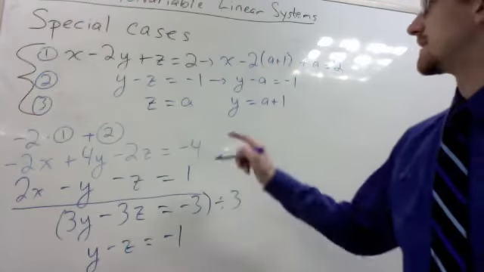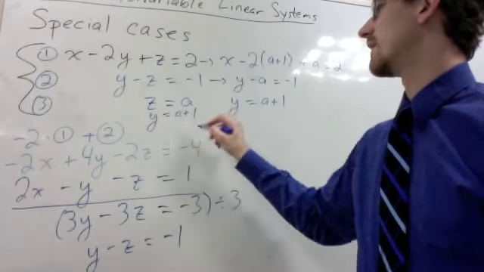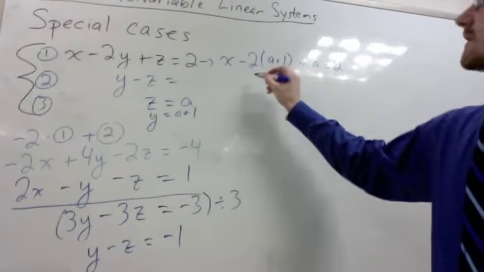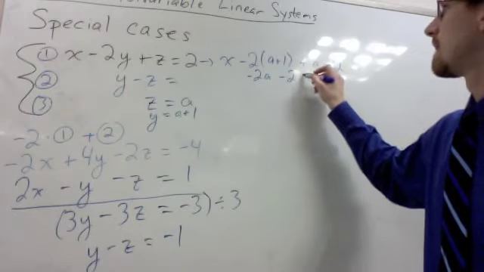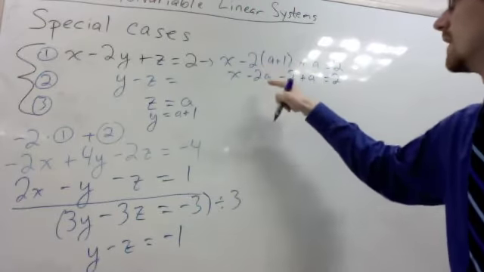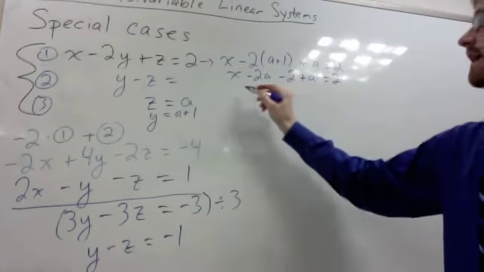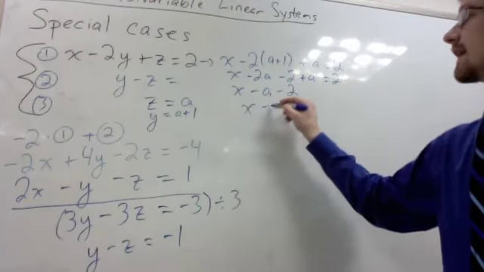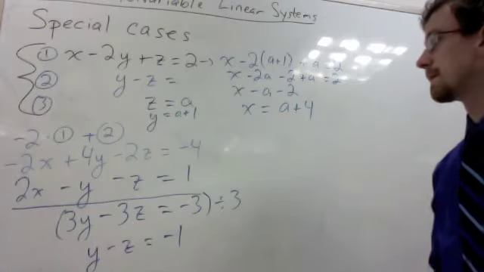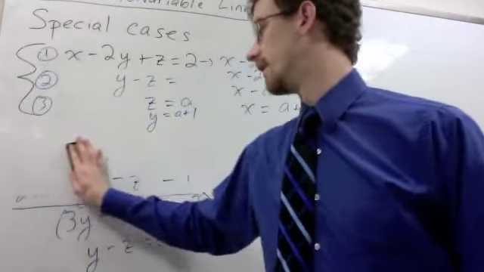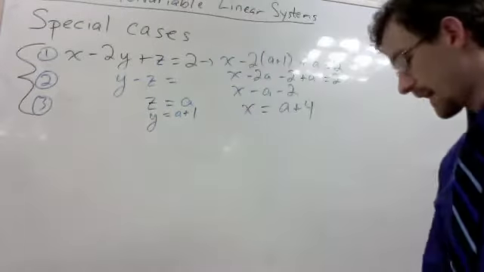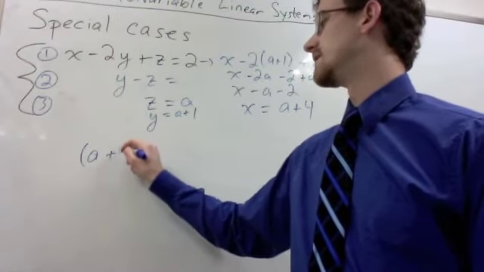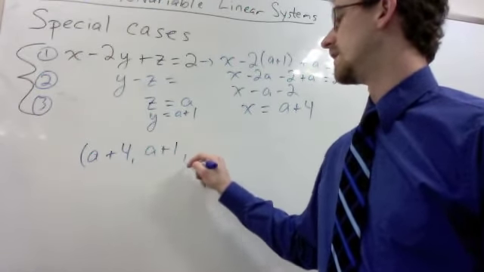We need to clear out a little bit of space here. I'm just going to copy this over here so I can have some space to work. And distributing our negative 2, it's x minus 2a minus 2. Negative 2a plus a is, of course, negative a. And then we can add the a and the 2 to the other side to get x equals a plus 4. Now we have all three of our variables in terms of a. So the ordered triple, that is the solution to this system, is a plus 4, a plus 1, and